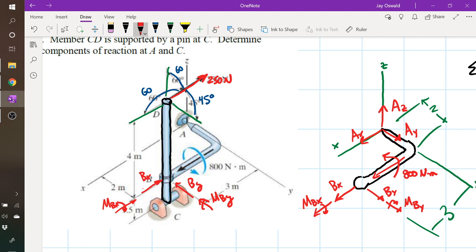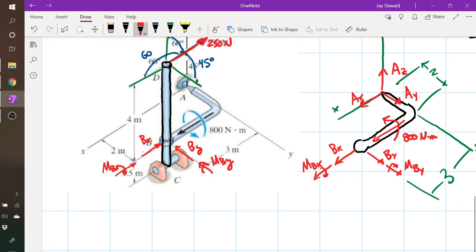No direction. Well, translation. How does it allow it to move? What are the moment about it can rotate about X. So it has to have everything else, right? So it has a CZ and a CX and a CY and an MCY, not an MCX, because otherwise it wouldn't be a pin, and